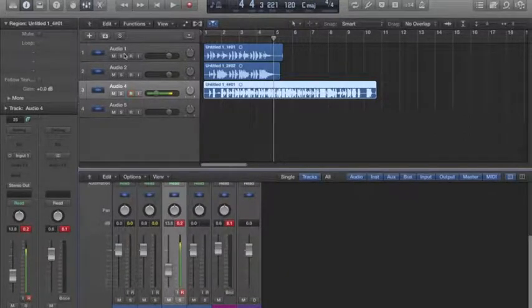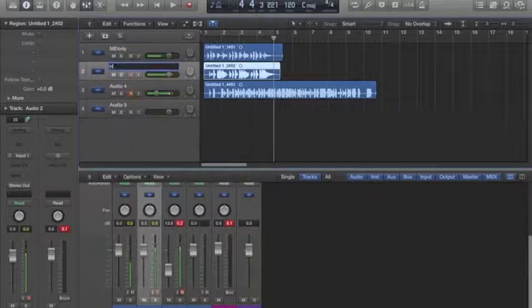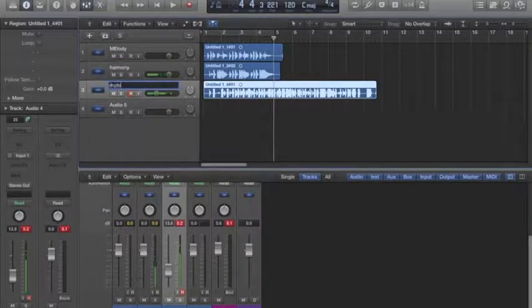I should give the tracks names, like melody, maybe harmony. I don't know why I would want to use capitals. It's a waste of time. You get my point. And maybe rhythm guitar over here. Okay, so I've got